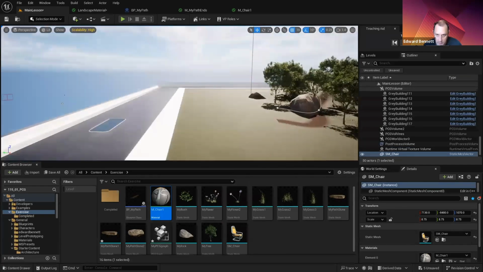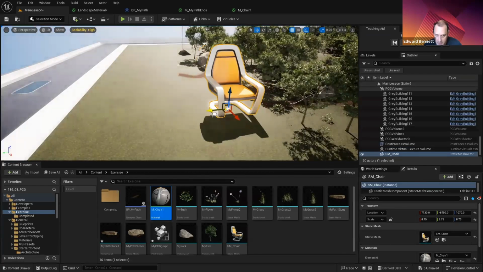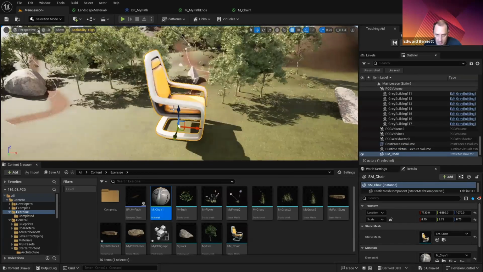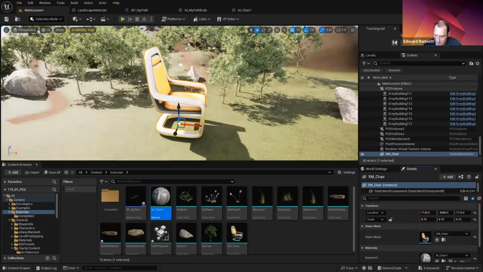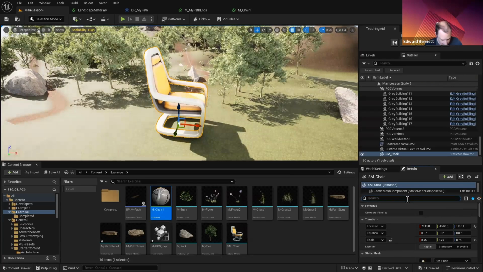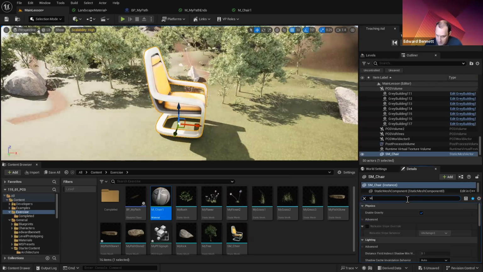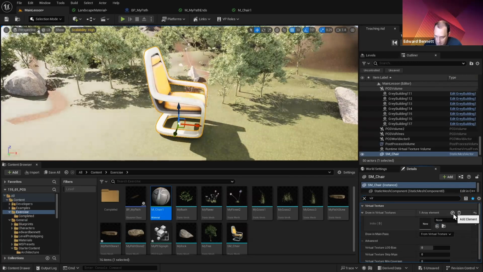Now, that should be within the runtime virtual texture. If I then say draw in a virtual texture, and I select the virtual texture,